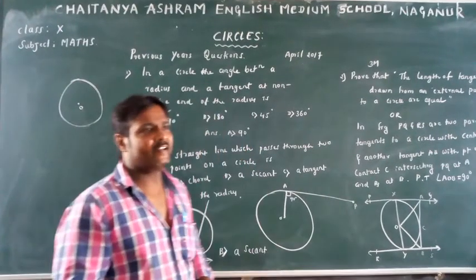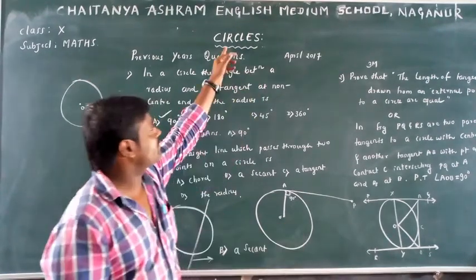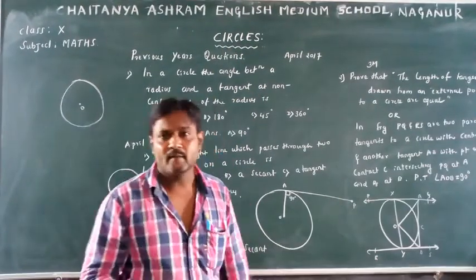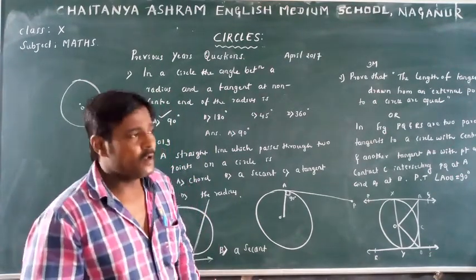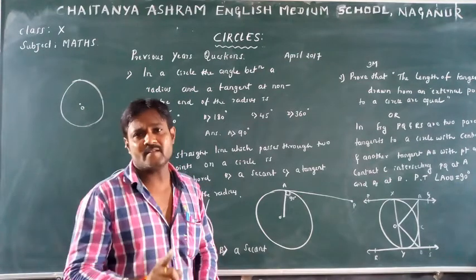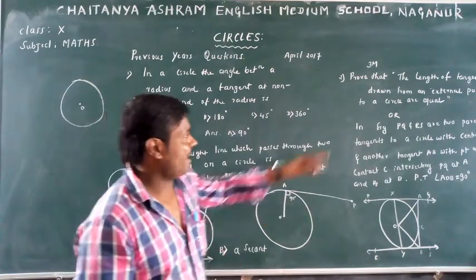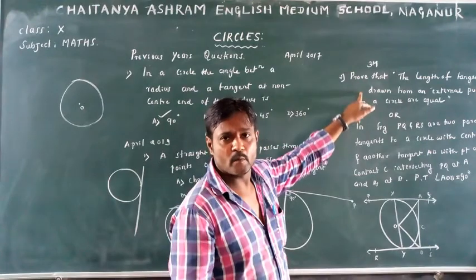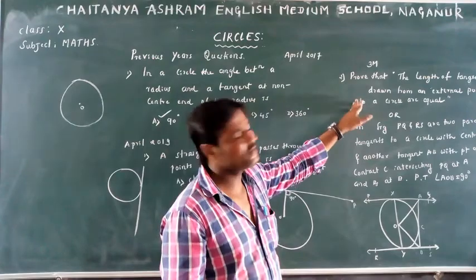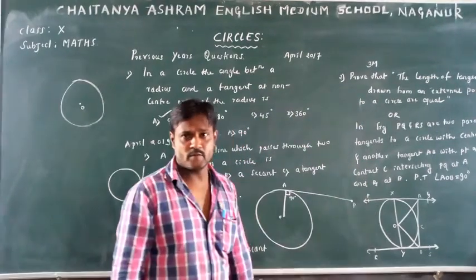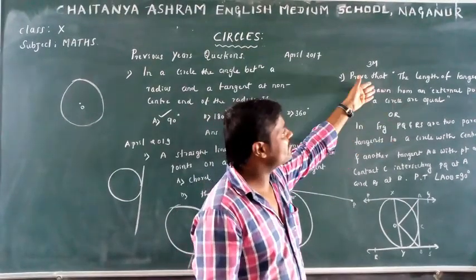So dear children, I already said, related to circles, you must prepare 2 theorems at first from your exam point of view. Out of 2 theorems, they will ask 1 theorem in your annual examination for 3 marks, and this is that theorem. This is theorem number 2. This we have to prove. We already proved this theorem in our previous videos. Refer to that proof.